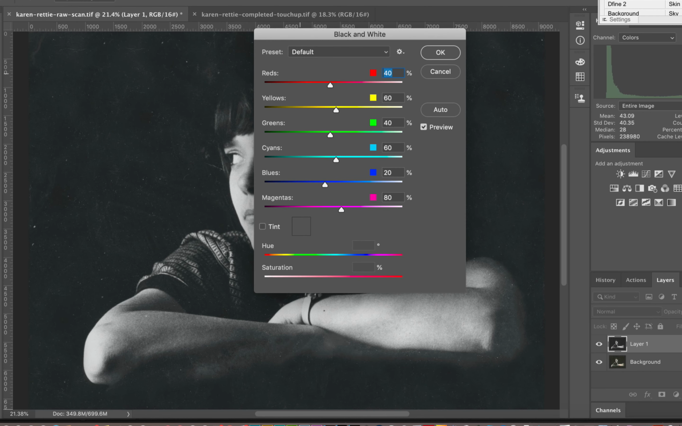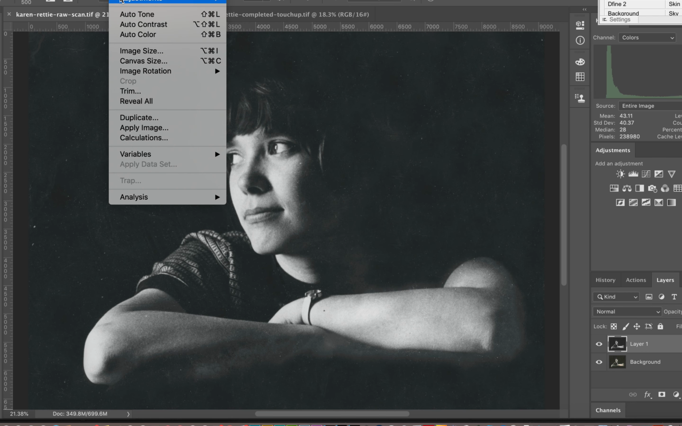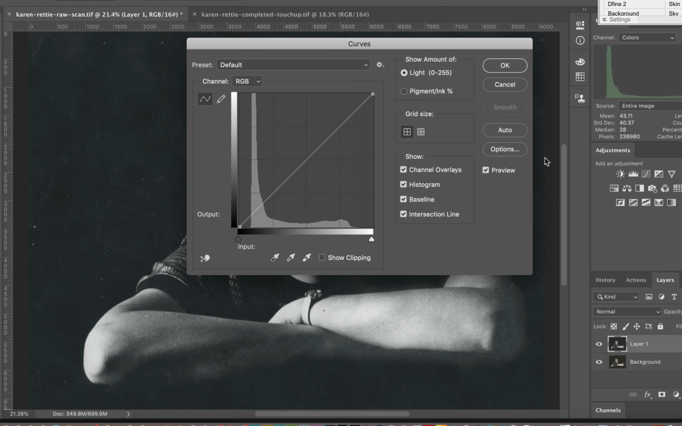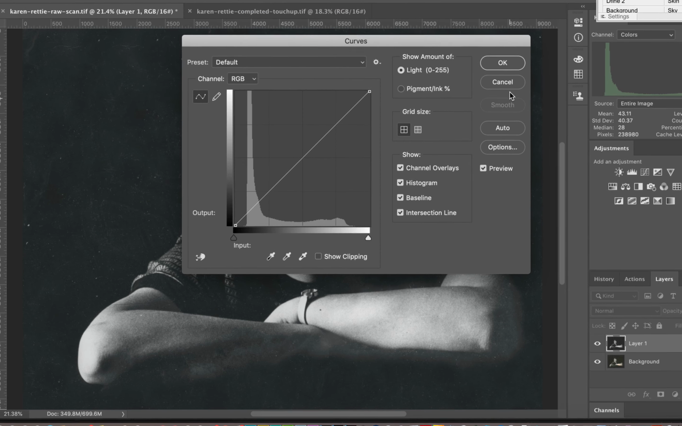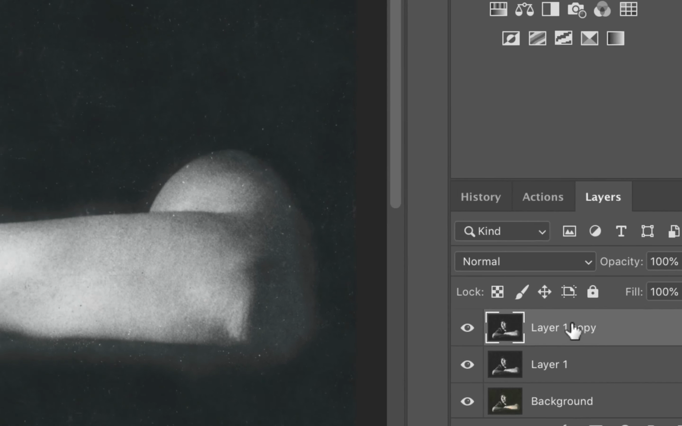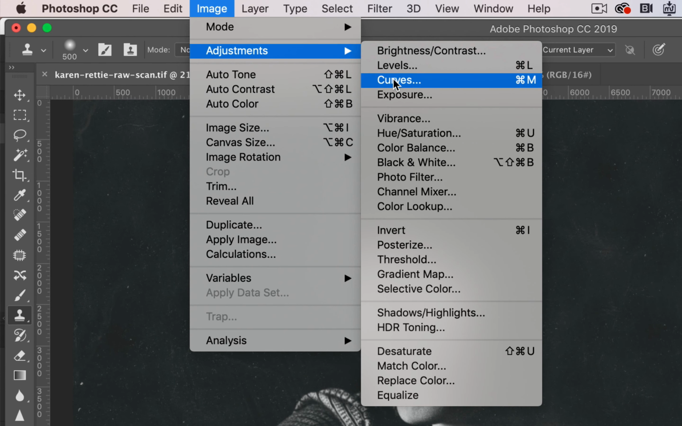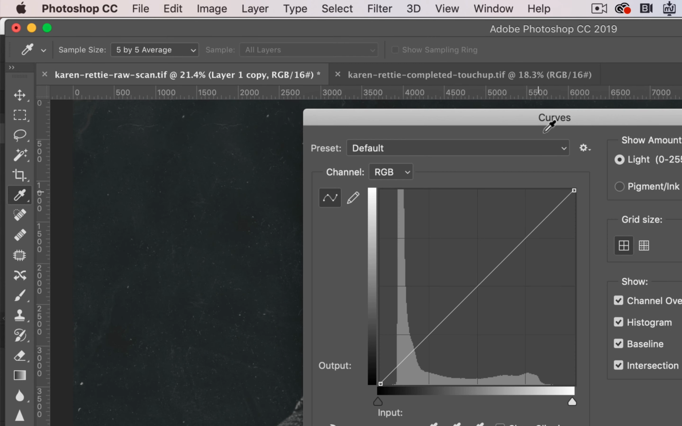And that helps it immensely. Hit OK. We got black and white. And we're going to come up to the image, adjustments, curves, and not yet. Okay, let's make a copy layer of the middle layer. Now we got two layers over here that are black and white. I'm going to take the top layer, then I'm going to come up to image, adjustments, curves,